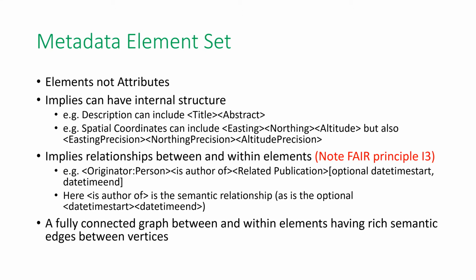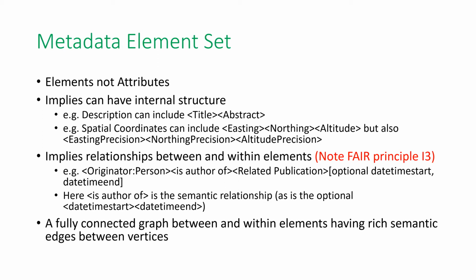So for example, the element description can include title and abstract, but maybe other things. Similarly, the element spatial coordinates can include not only what you'd expect, easting, northing, and altitude, but also the precisions